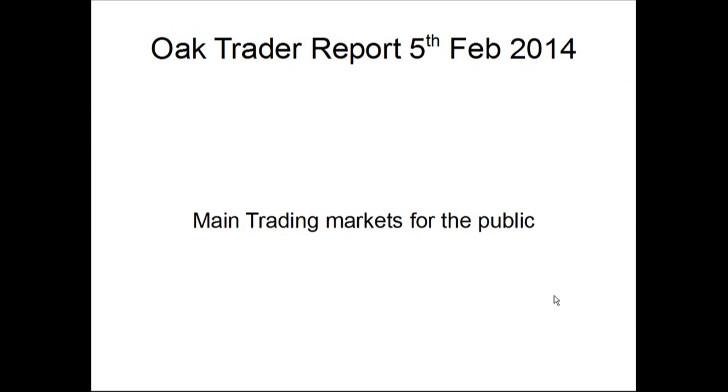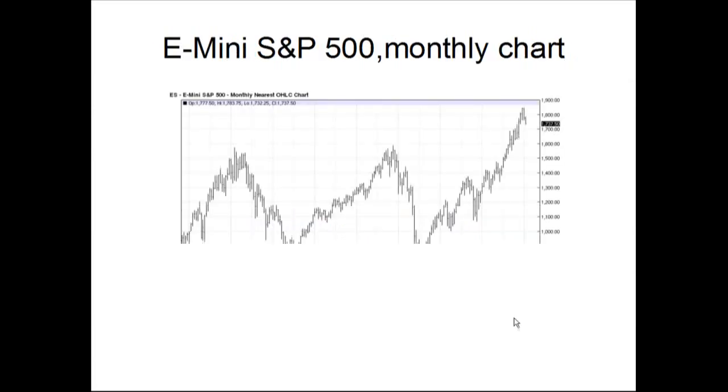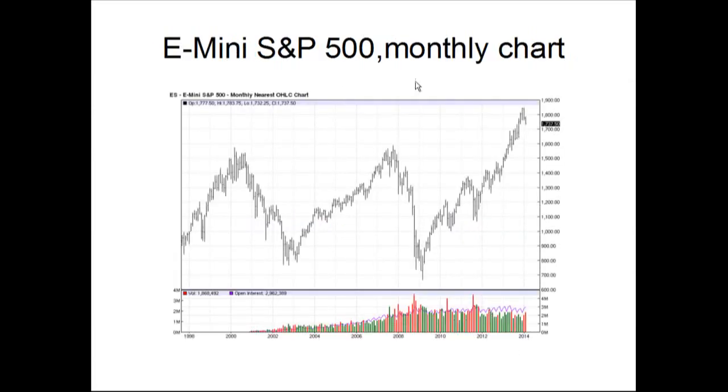Okay, as I said before, we're just going to be covering some main trading markets for the public. Here's the E-mini S&P 500 monthly chart. You can see the huge bull run the market's been on. We'll look at this as one section, two sections, and then if you've listened to previous Oak Trader broadcasts, we've talked about this being the third section. But again, people could have looked at this move up here and counted it as one big consolidation here. So 1, 2, 3,